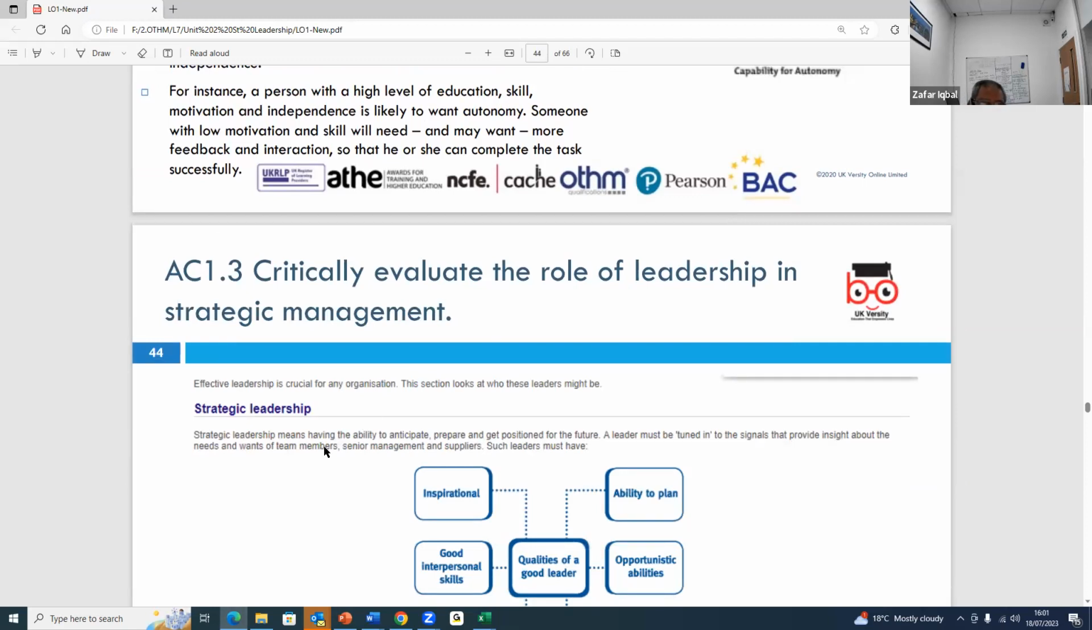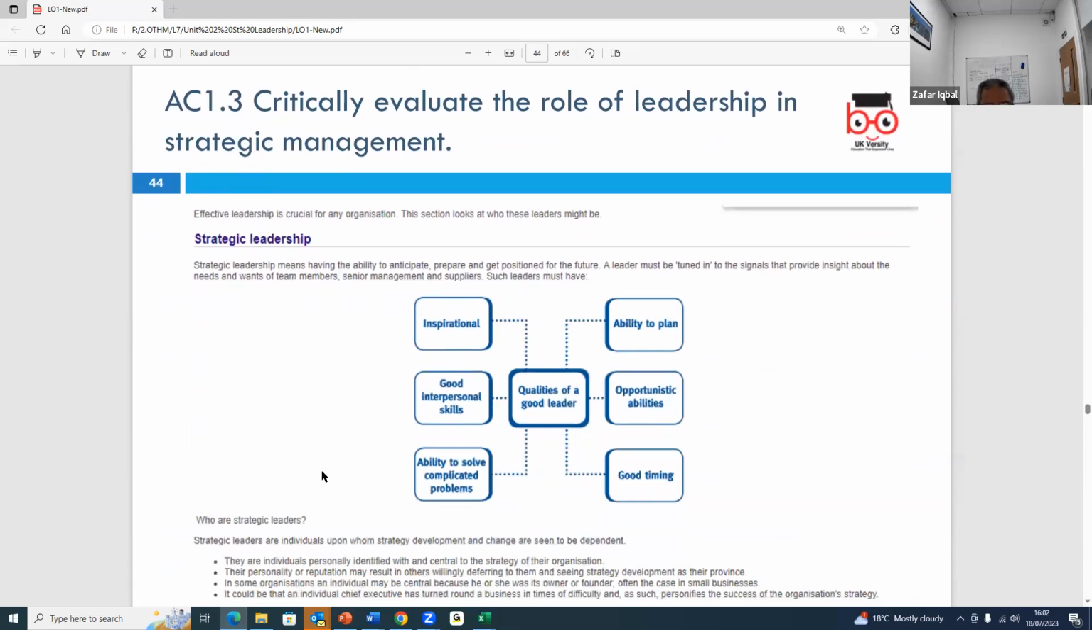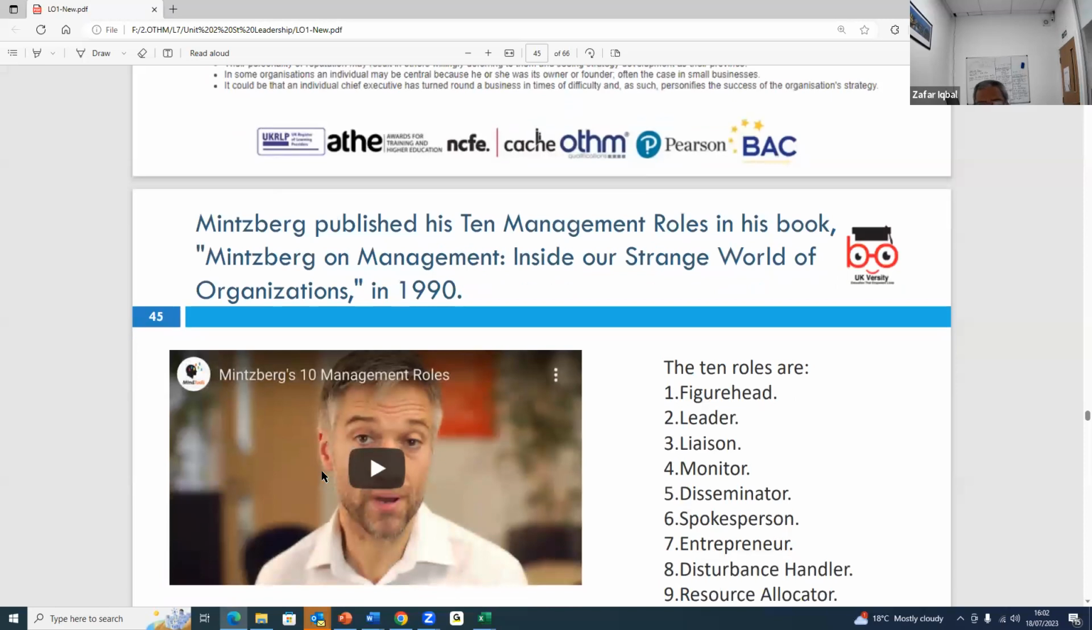Now, having looked at all these theories and leadership models, we come on to AC 1.3, which is to look at evaluating the role of leadership in strategic management. Now, how can we evaluate the leadership and their role? We need to look at the leadership in terms of their role. For example, are they a figurehead,